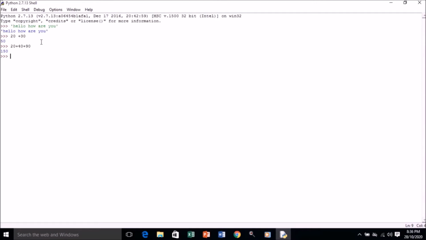Next we will understand the print function. We'll use print here, and we'll use the opening closing parentheses, inside this double quotation, and inside the double quotation I'll be writing here hello, and let's see what comes out. So we got the output, that is hello. So whatever you type inside the double quotation will be displayed as an output.